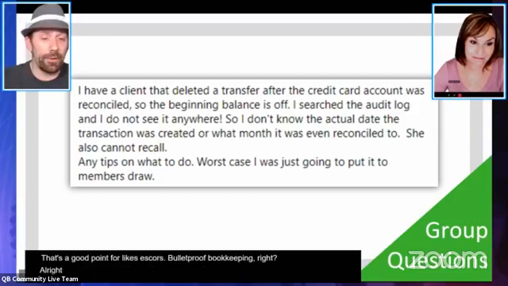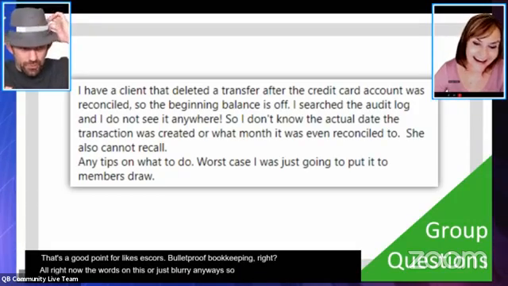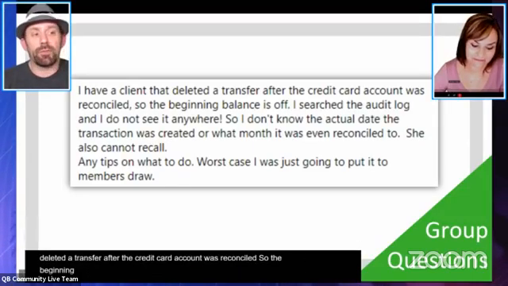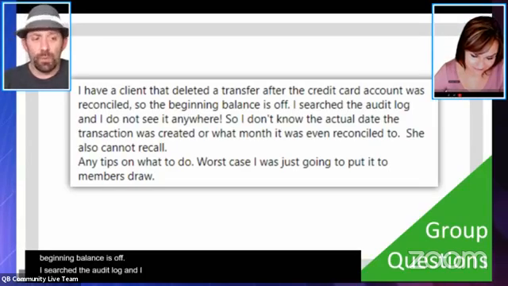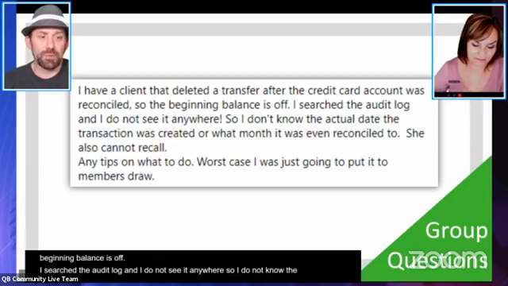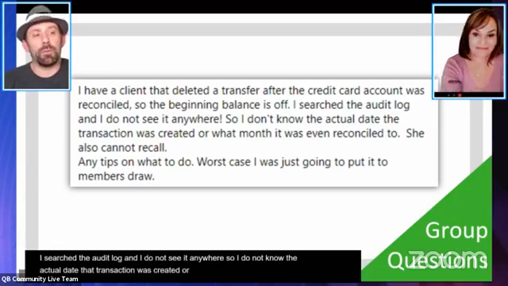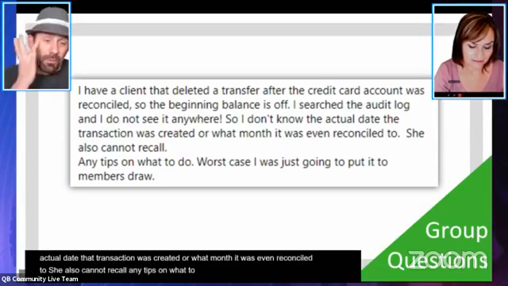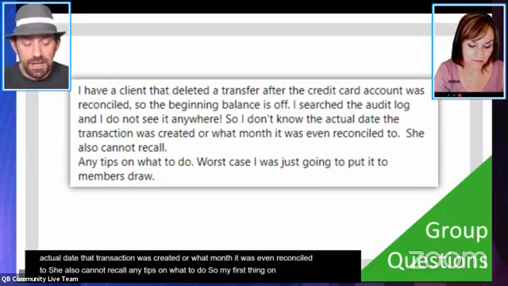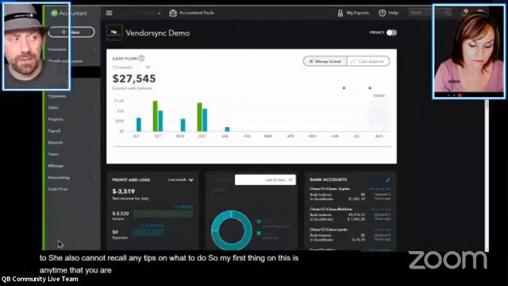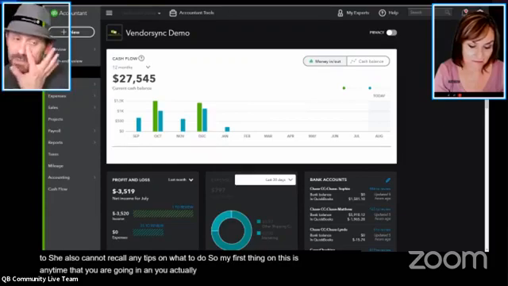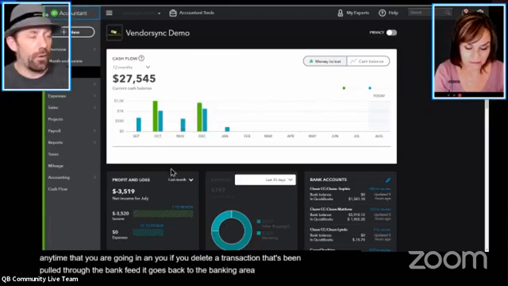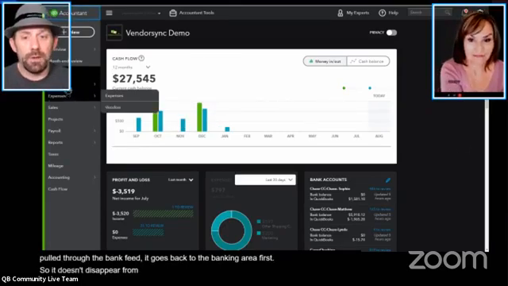Now the words on this are just blurry anyways. So I have a client that deleted a transfer after the credit card account was reconciled. So the beginning balance is off. I searched the audit log and I do not see it anywhere. So I do not know the actual date the transaction was created or what month it was even reconciled to. She also cannot recall. Any tips on what to do? So my first thing on this is, if you delete a transaction that's been pulled through the bank feed, it goes back to the banking area first. So it doesn't disappear from the actual program. It would first go